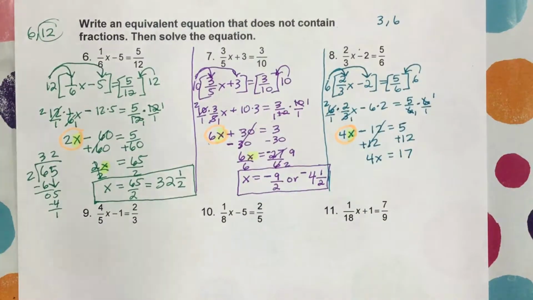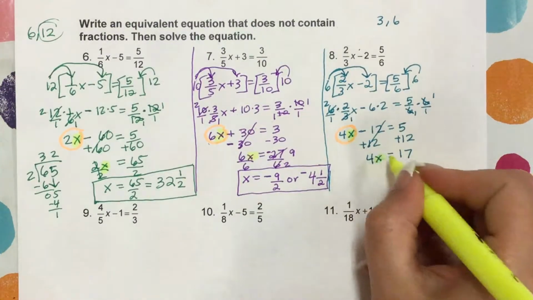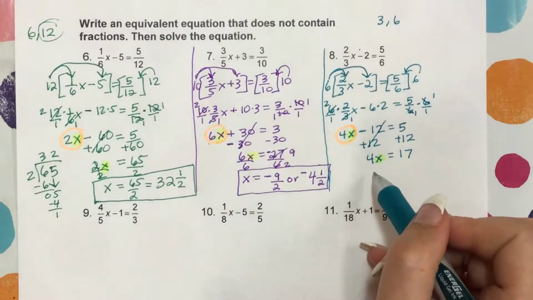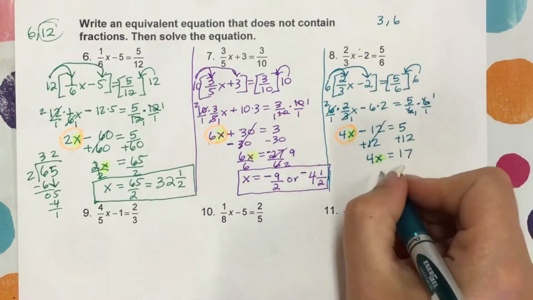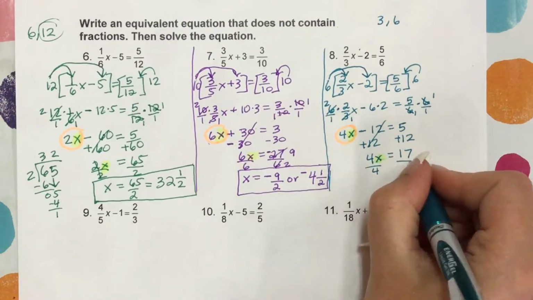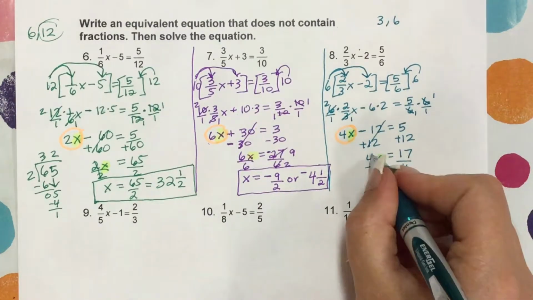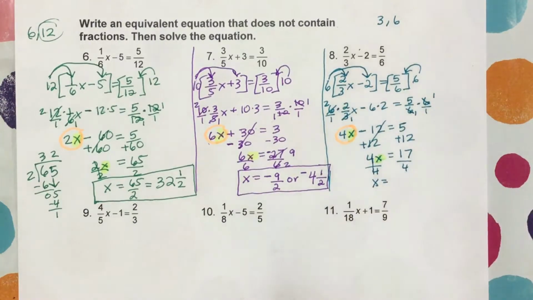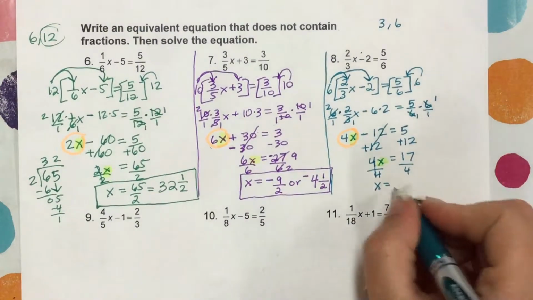And now it is time to get this x by itself. Right now it is being multiplied by the 4, so I have to do the inverse operation of multiplication, which would be dividing by 4 to both sides. 4 divided by 4 is 1. 1 times x is x. I'm left with 17/4, and I don't think I can simplify that at all. So that is my answer,